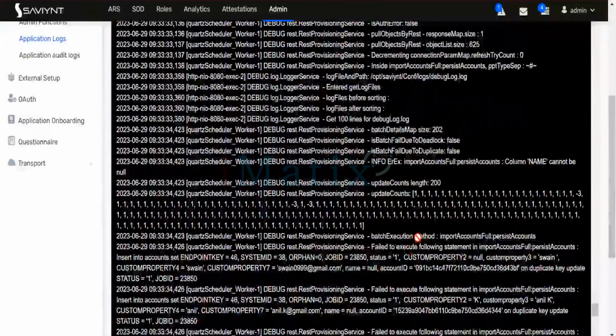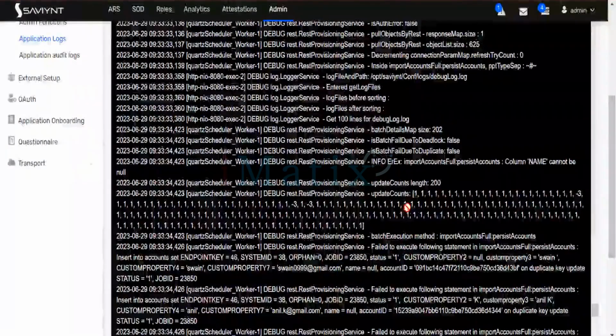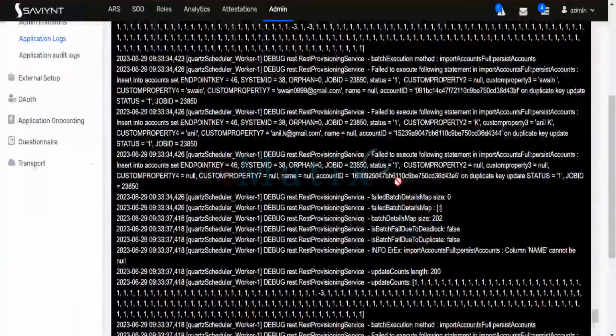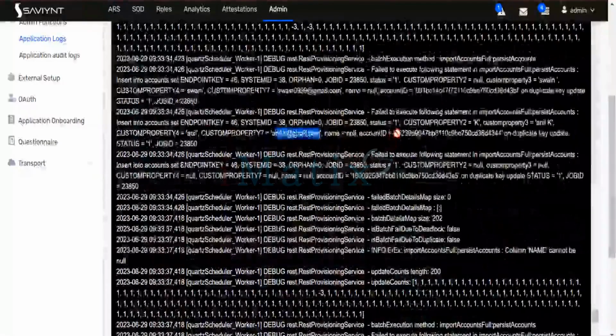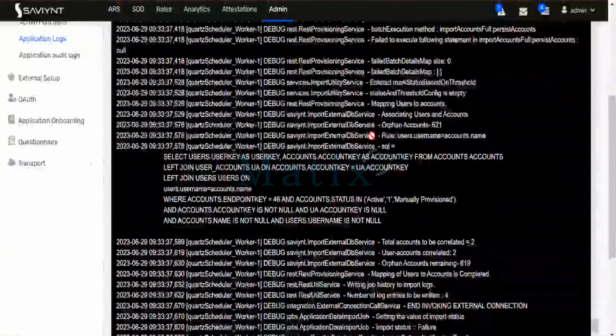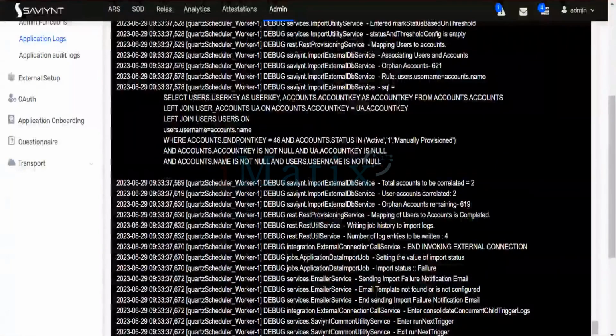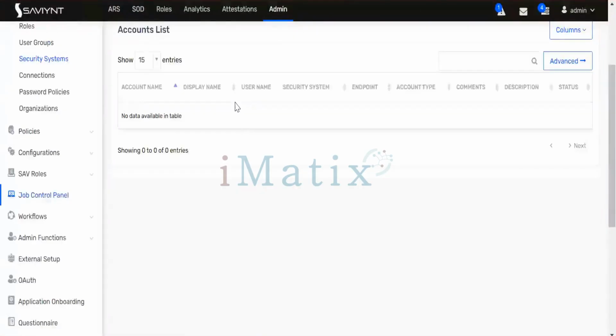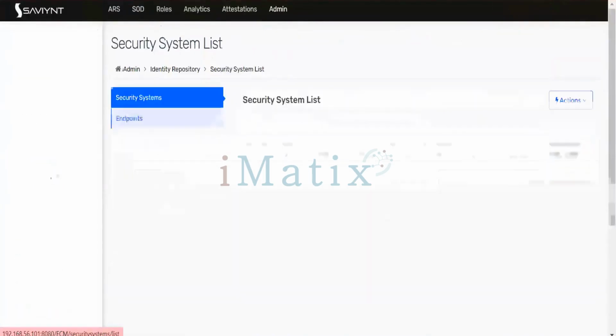Now if you follow the log here, all the things will be here, no need to bother. You can see all the values here. Basically, see custom properties. If you remember, I created a user. It is trying to bring that user as well, all the users, and it is storing them under your account and storing all the records. Now if I go to my security system again, go to the security system in the demo service now,